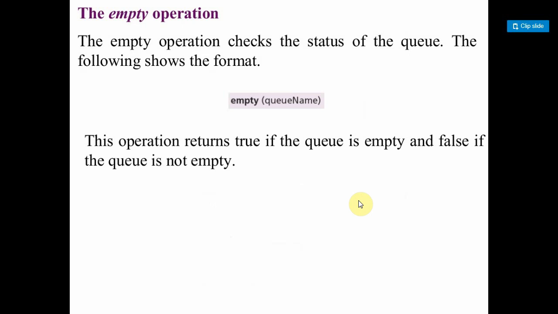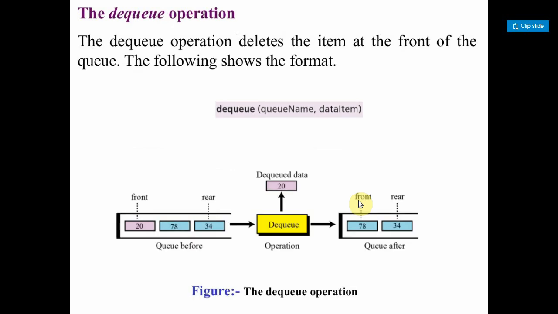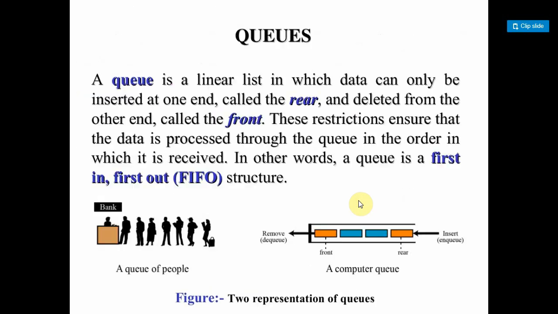Now the empty operation means you have to check whether the queue is empty or not. Generally, whenever you are performing a deletion operation, you need to check the status of the queue, because if you try to delete some element from an empty queue, it may raise an error during program execution. So before performing a deletion operation, just check the status. If there are elements, then perform the deletion operation, or else display some message like queue is empty. So these are the basic things about stacks and queues, and let's get into the program.